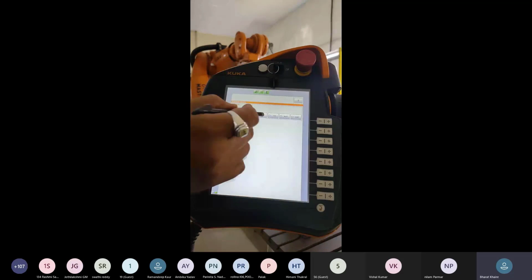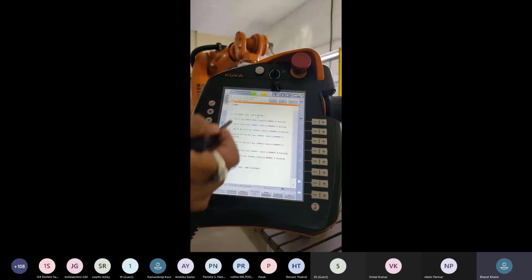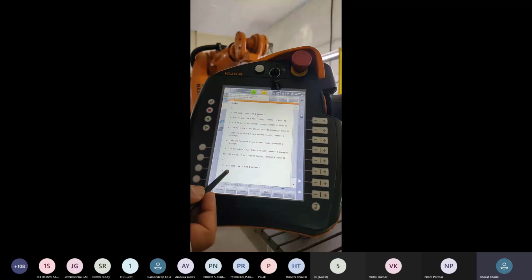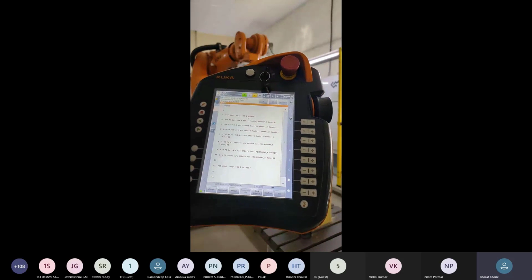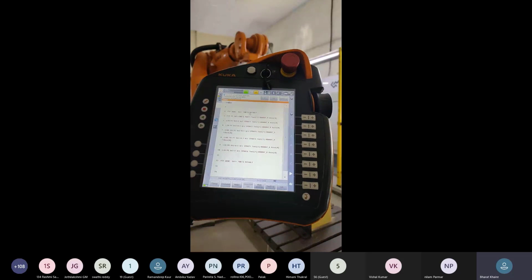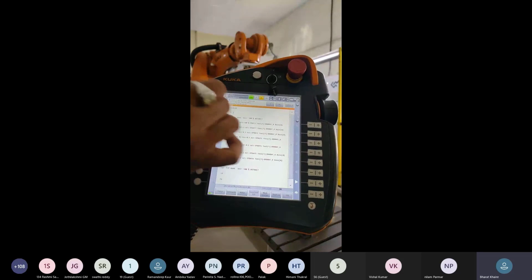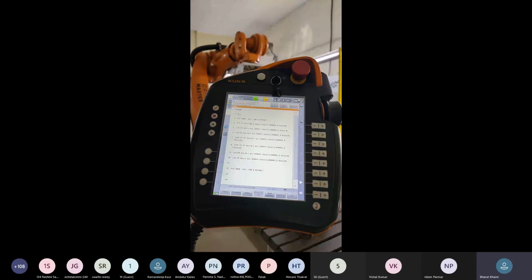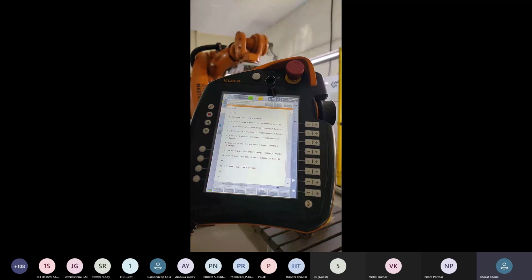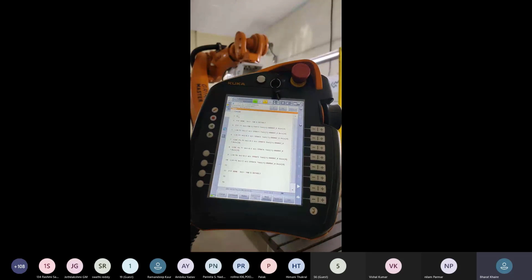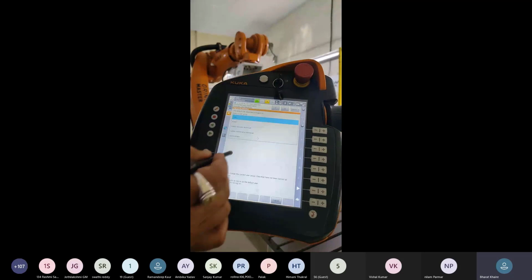Okay. So in the automatic mode, if the program is made like this, it will run only a single time. Okay. But if we want to make the program run continuously, we have to give here a loop and loop end as in C++ language, but we have to give some authority: configure user group and expert mode.